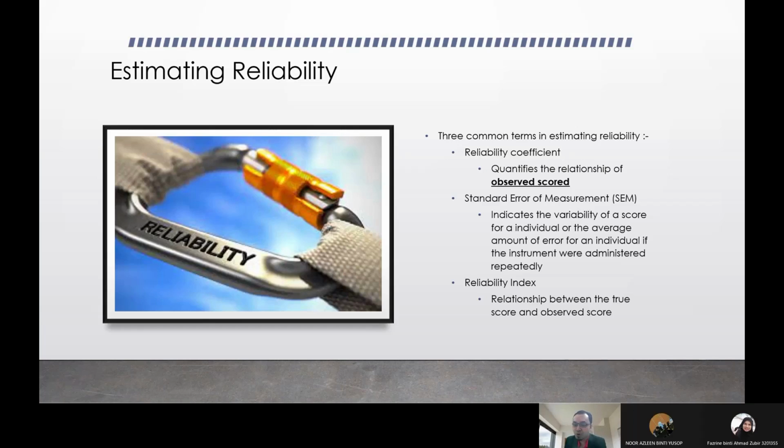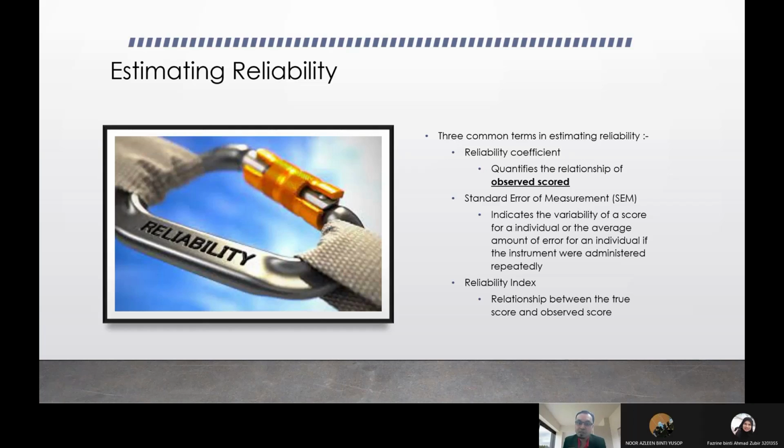However, the true score, the problem is no one knows, only God knows, because as much as we strive toward perfection, nobody is perfect, only God is perfect. So that's why the reliability test is very important,